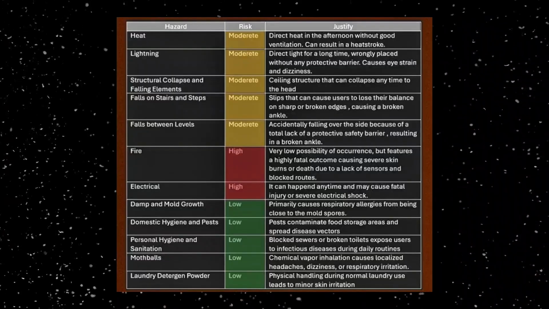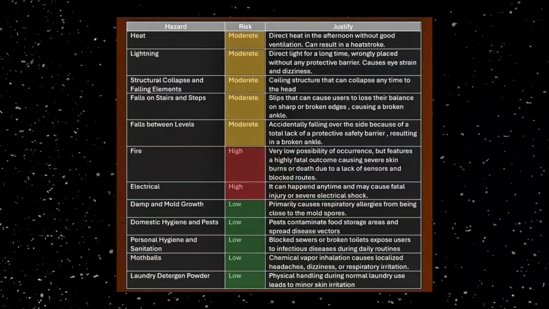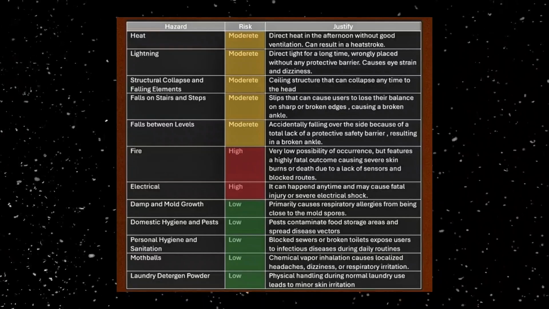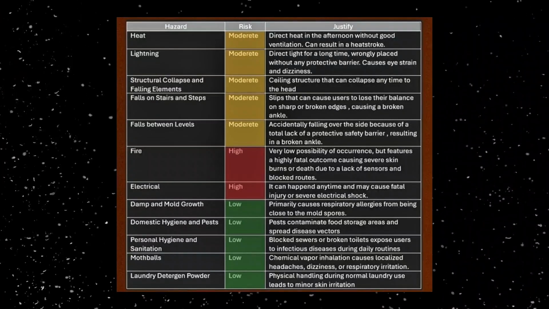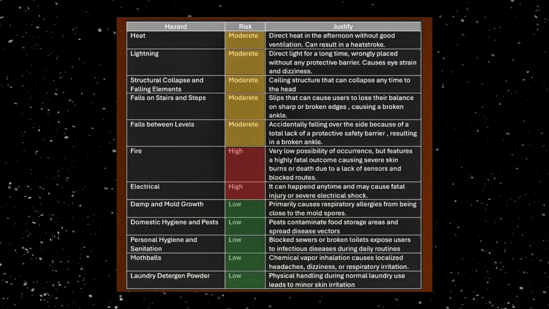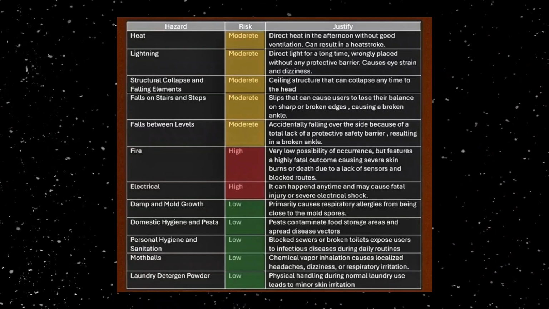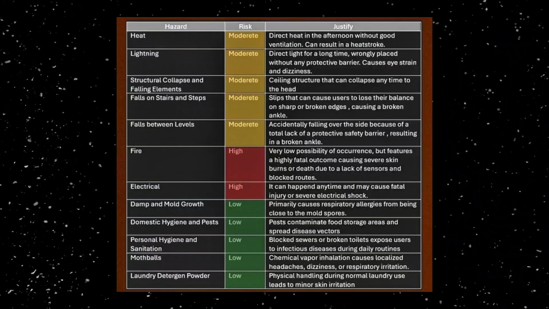Next, heat, poor light, falling ceiling pieces, and falling are all combined into the moderate risk group. The reason for this is that they can cause sudden and painful physical injuries or heavy body strain. For example, if a student rolls off the top bunk bed or slips on the broken steps, they can easily